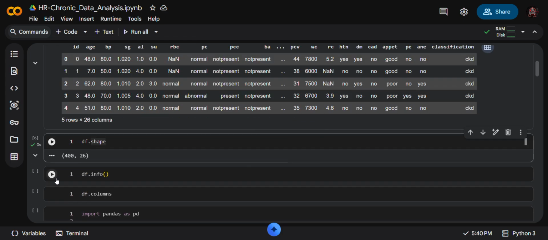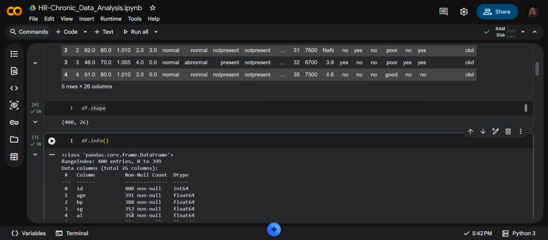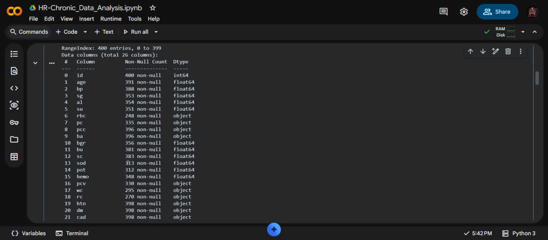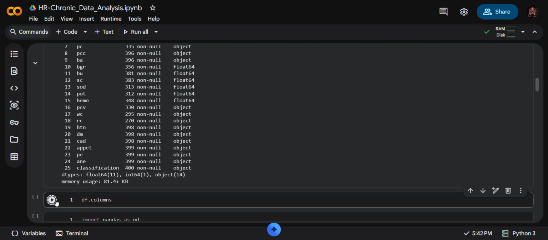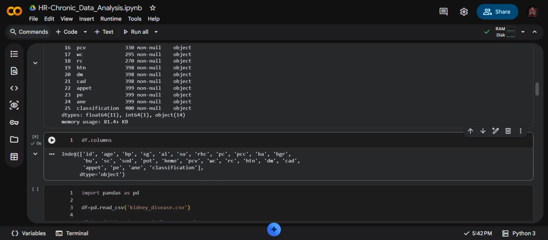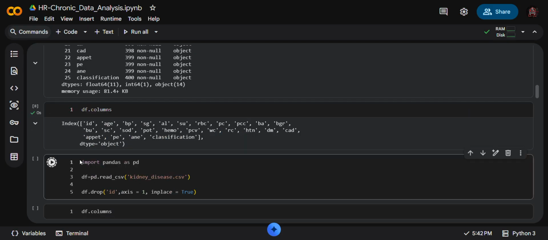Now df.info shows all the information we have in the CSV file, and what the columns are. We import pandas as pd.